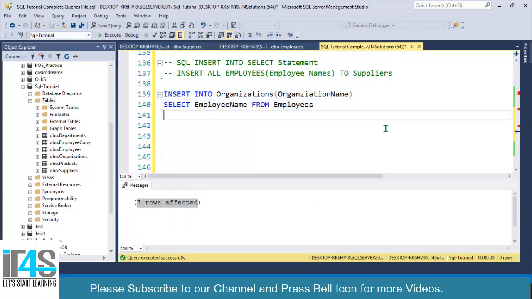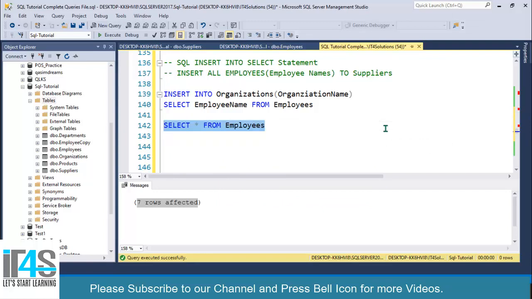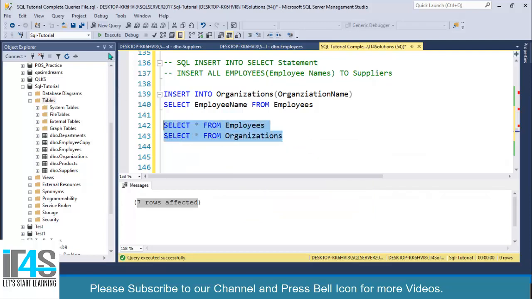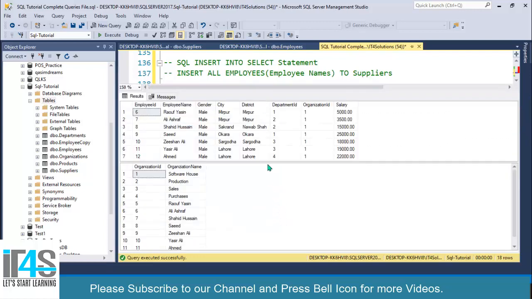Now let's make sure. SELECT all FROM employees, and then SELECT all FROM organizations. Execute both, and expand this one over here.